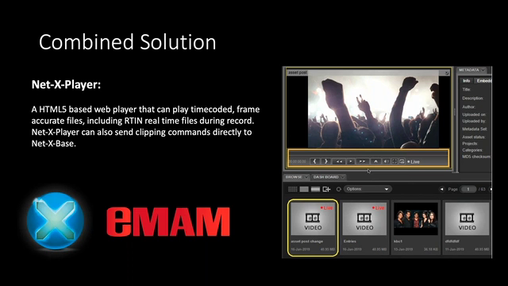So what you can do inside of eMAM itself is use the proxy to find the timecode points, and then it will tell us to go and pull just that information via the RTIN from S3, doing the minimum amount of download so it's as fast as possible to create a new file locally of the information you're interested in.